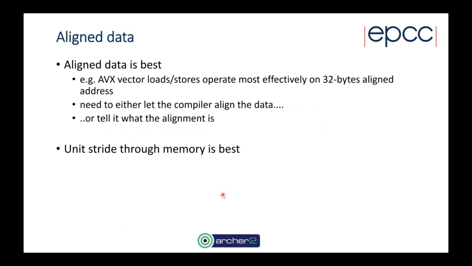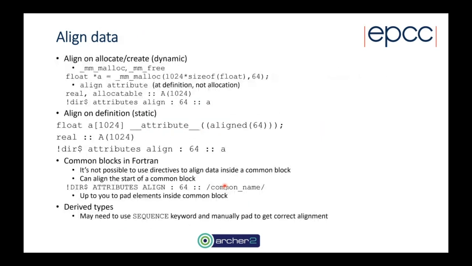So what does that mean? That means that we need to align our data and then tell the compiler the data is aligned so it understands that. And we do that using, unfortunately, a number of different ways, depending on what programming language you're using and what kind of data structures you're using, whether you're using dynamically defined data or statically defined data. So in the C and C++